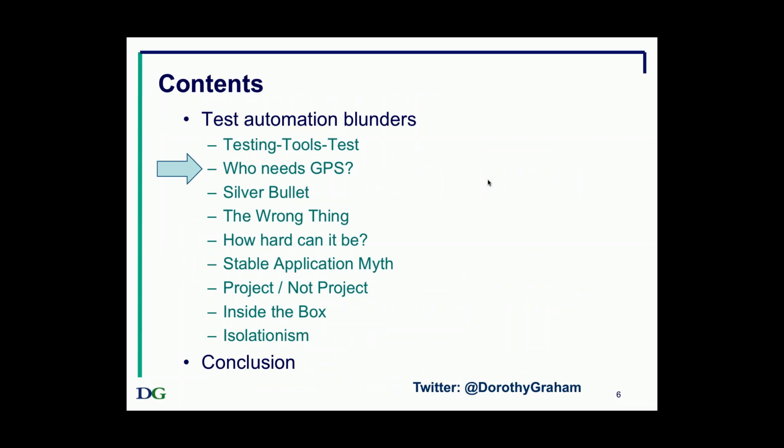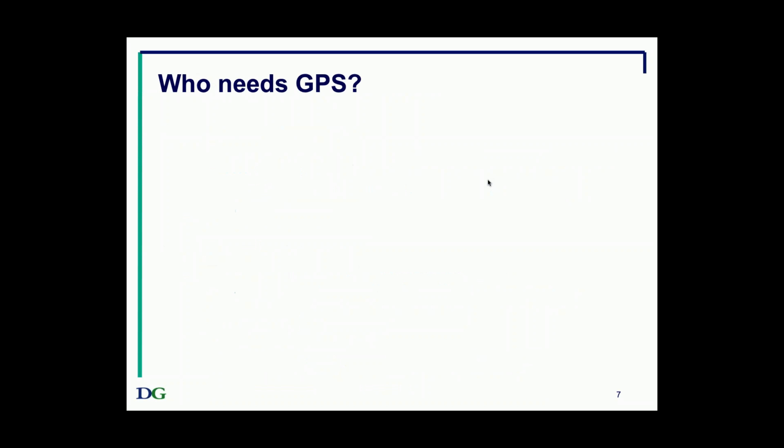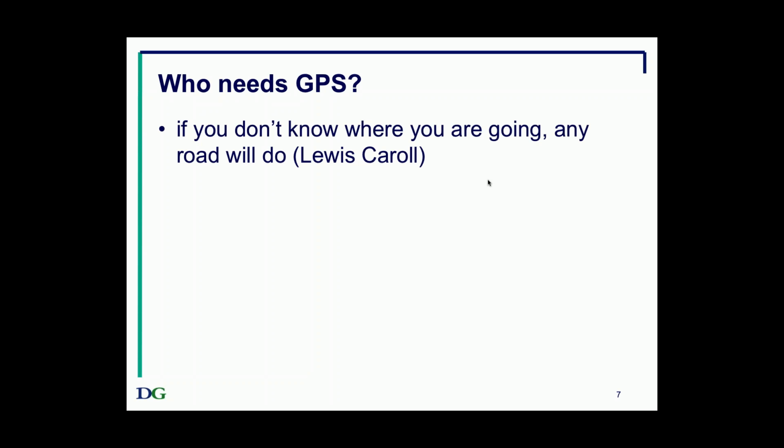Have you got GPS in your car? What's the first thing that you do when you're using the GPS? The very first thing. You get in, you turn it on. After you've turned it on, what's the first thing that you do? You put in your destination, right? Where are you going? What if you don't put a destination in? Well, the GPS can actually be useful, but in terms of getting you to where you want to go, if you don't tell it where you want to go, it's not going to get you there, right?